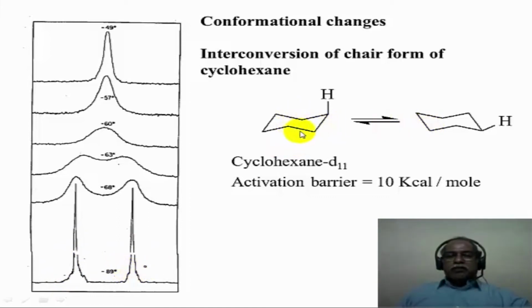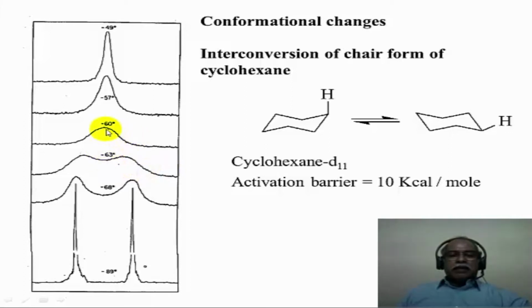Therefore, the area under each of the peak is going to be approximately the same. So, you have a 1:1 mixture of the conformation wherein the hydrogen is in the axial position and another conformation wherein the hydrogen is in the equatorial position, corresponding to the two lines that one sees in the spectrum. Anywhere in between temperature, there is a large uncertainty as to whether the hydrogen is existing in the axial position or in the equatorial position. NMR is unable to distinguish between the two positions, and hence there is a large uncertainty associated with the measurement of the chemical shift, which is reflected in terms of broadening of the signal.